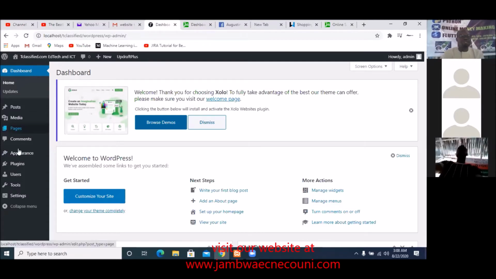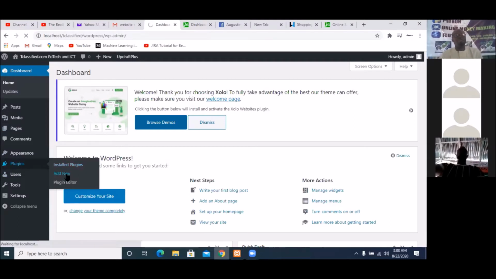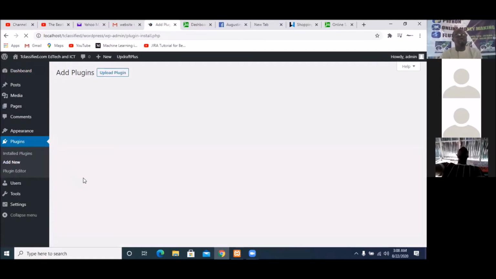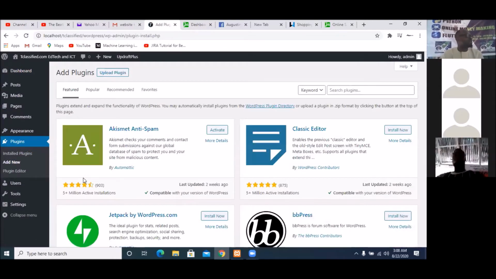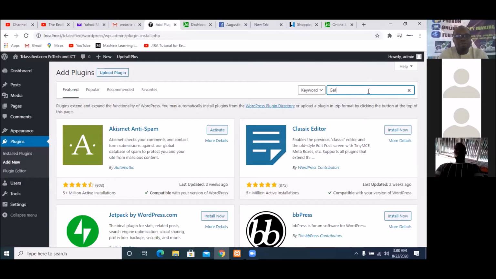To install a plugin, you're going to see where they wrote plugins, and we're going to hit on add new because we want to install a new plugin. If you click on the other one, which is installed plugins, you see the plugins that are already available in your system. But because we want to add a new plugin, that's why we clicked on add plugin. So it's going to lead us to this. Inside search, that's where we're going to search for the plugin. You understand? Depending on the capability of the plugin you want to put in, you type the search there. So I'm going to type